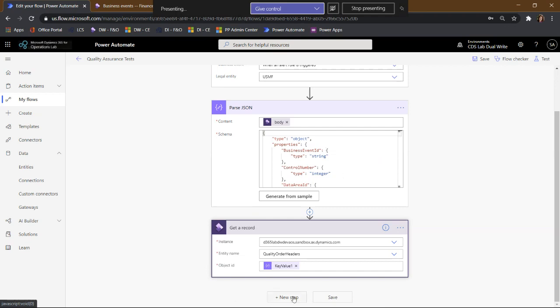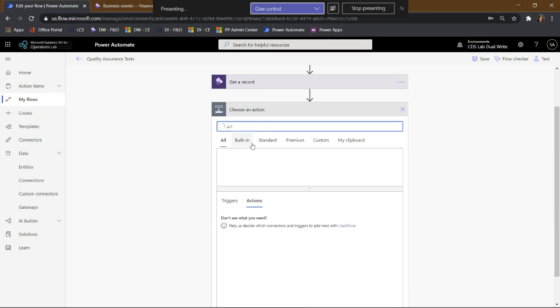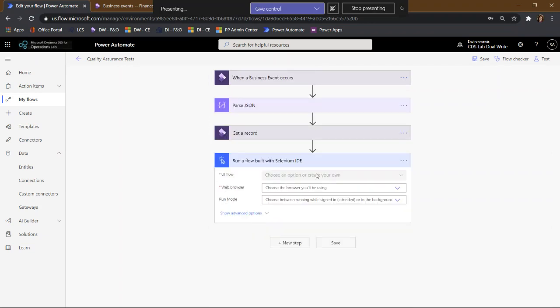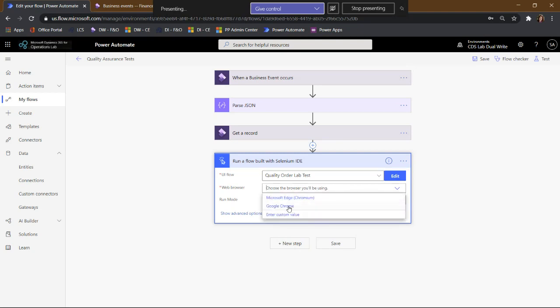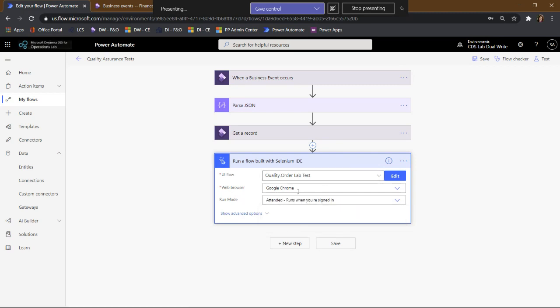And now I'm ready to go ahead and do a new step and call my UI flow. So if I come over here, I'm going to do a UI flow that's built with Selenium. And then I will choose my quality order lab tests. I choose which browser I want to use. I choose my run mode. Again, if your flow has